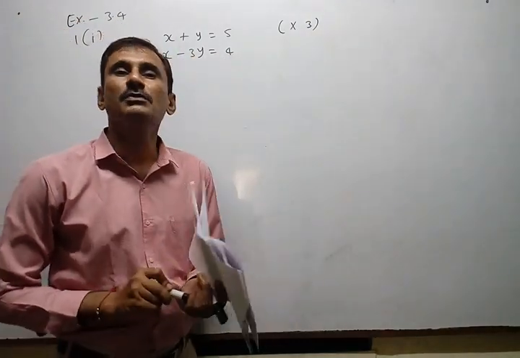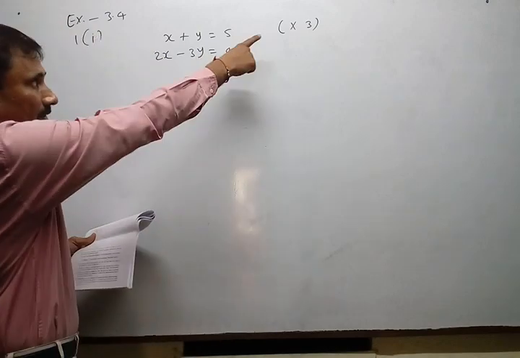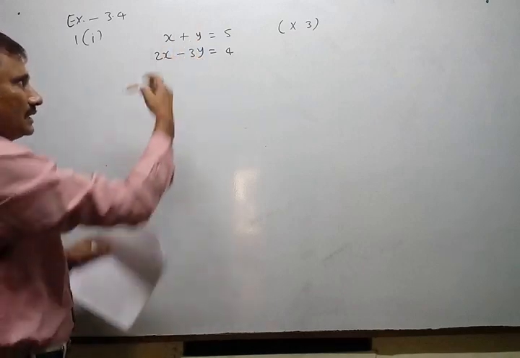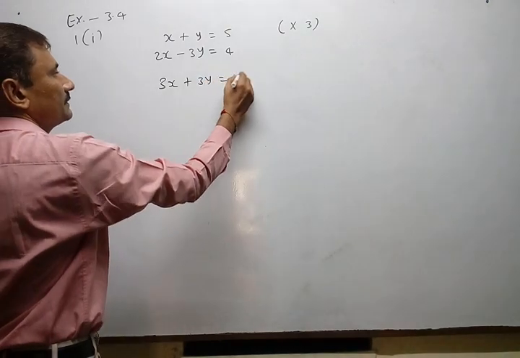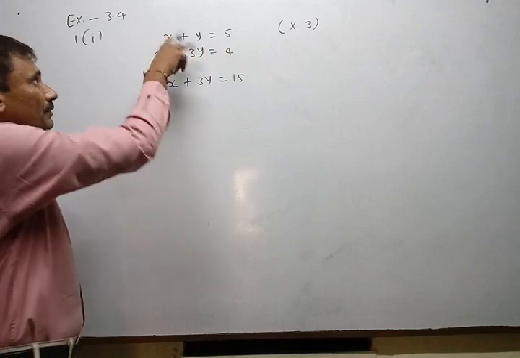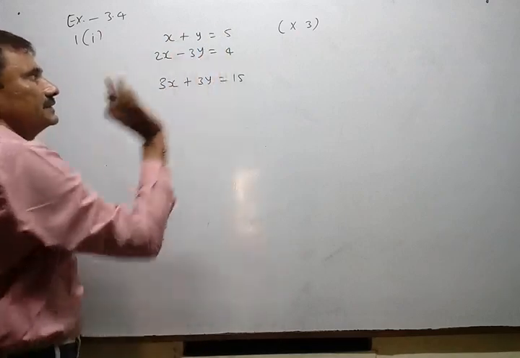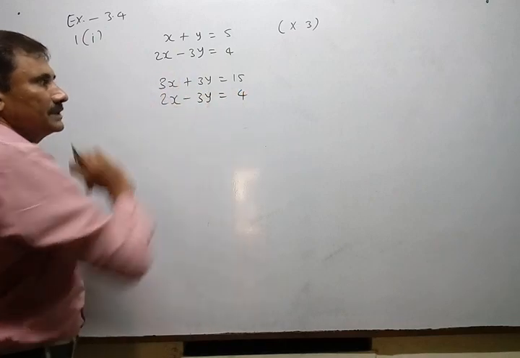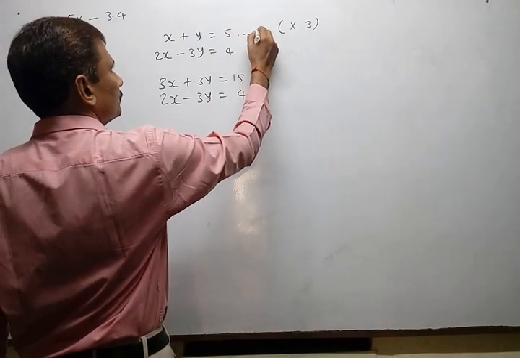Sometimes both are needed to be multiplied by appropriate numbers. But here, if you multiply the first equation by 3, then you will get 3x. So, in next step, 3x plus 3y equal to 15. Not only here, at all terms, the coefficient becomes thrice. Okay, 5 threes are 15. Now nothing to do for the second one. Just copy it. Okay, equation number 1 and